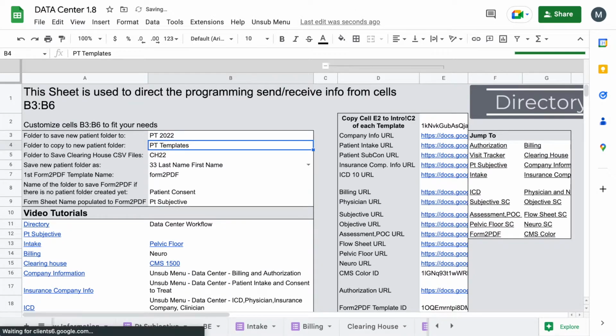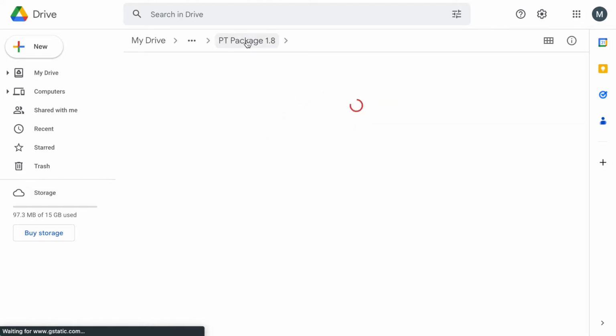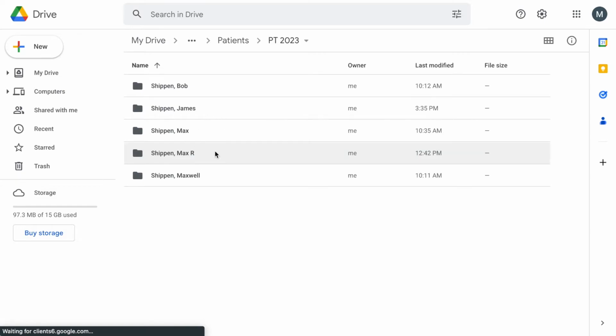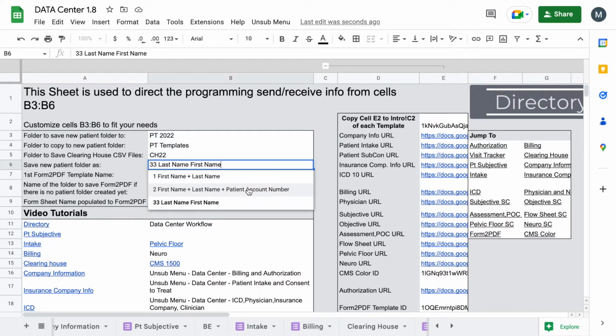But the nice thing I also did is that I made it so that you don't run into the problem of multiple folders being created. So even after the patient creates a folder, there will only be one of his name. That's why if you have multiple people with the same name, you'll definitely want to distinguish it with either having their first name and their middle initial and then their last name, or you can also change how the folder is created by having it be patient's last name, first name, and account,